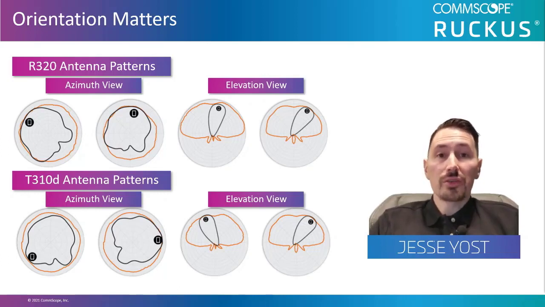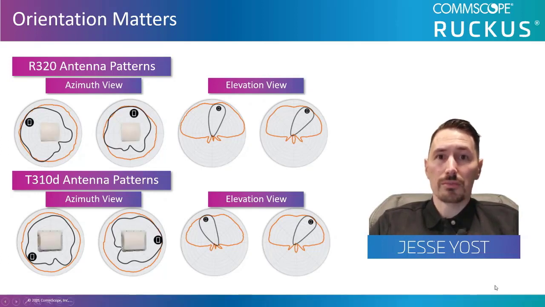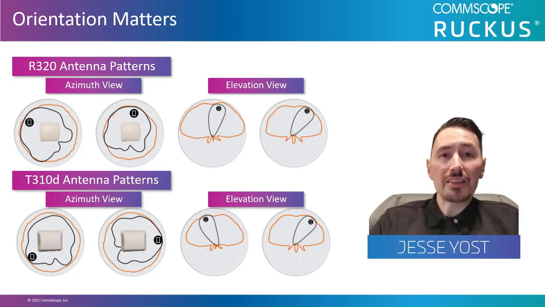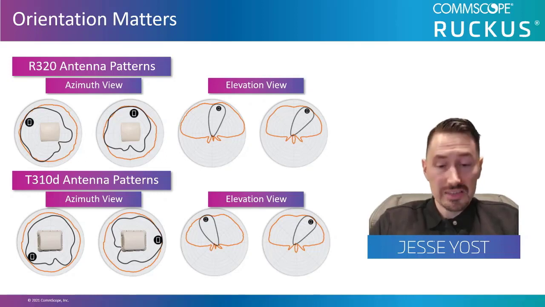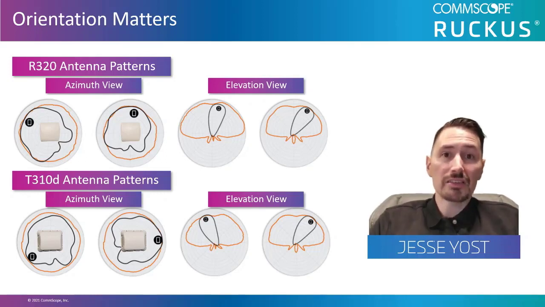First, we're going to focus on the orange circles provided in the azimuth view. And to help us visualize this, let's go ahead and bring in an image of the AP over top of that view. Now that we've done that, we can see that this is a top-down view. If we were to place the AP flat on a table, serial number side down, and stand over it and look down at it, this is the view that we'd have. So what the orange line is telling us in the azimuth view is that we're emitting a 360-degree radio pattern